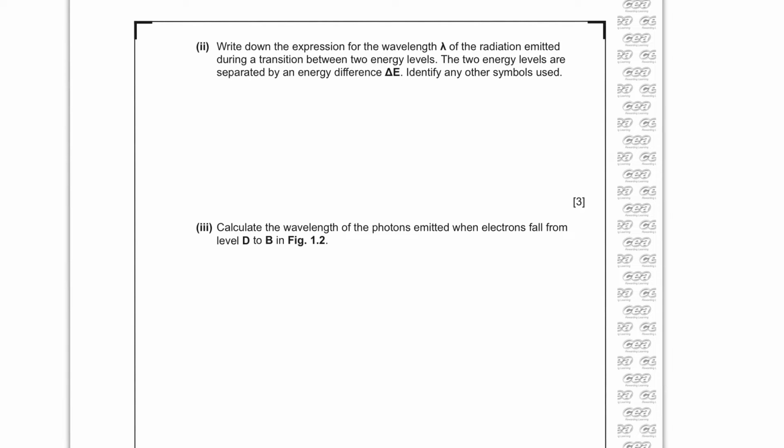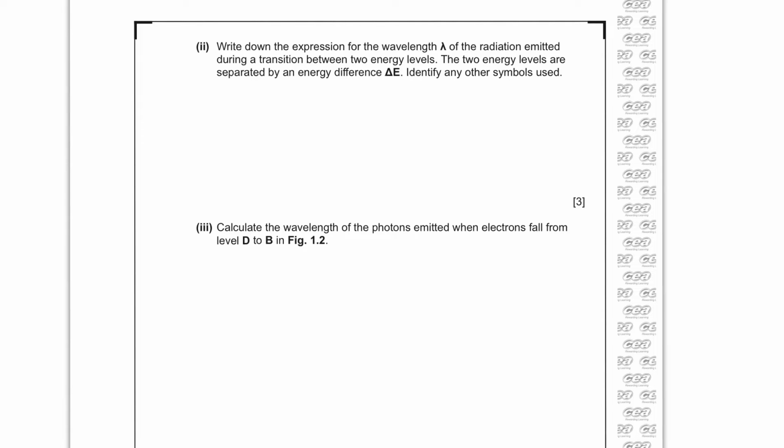Write down the expression for the wavelength lambda of the radiation emitted during a transition between two energy levels. The two energy levels are separated by an energy difference, delta E. Identify any other symbols used. So what goes on here is that a transition of delta E releases a photon of the same energy. And so